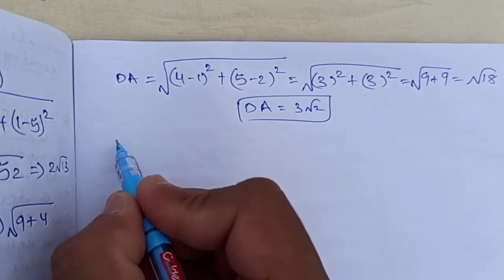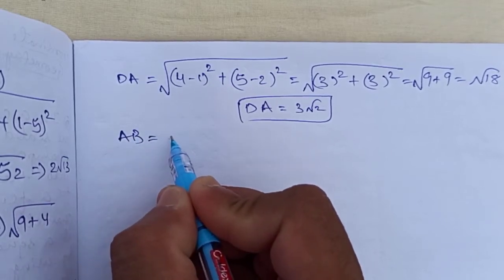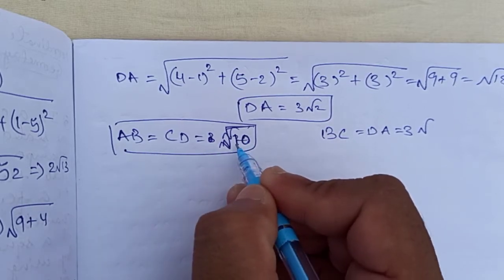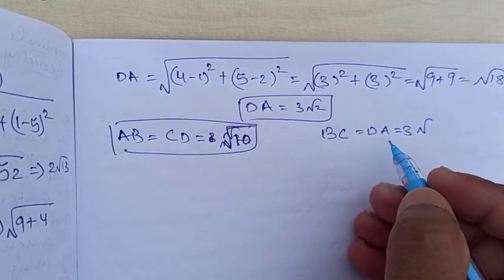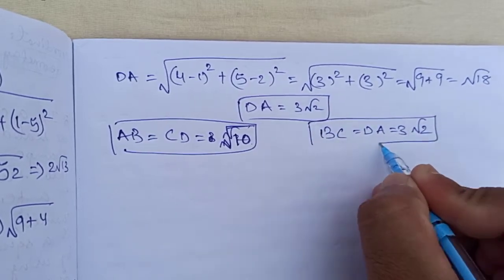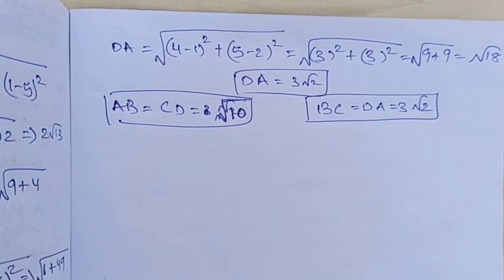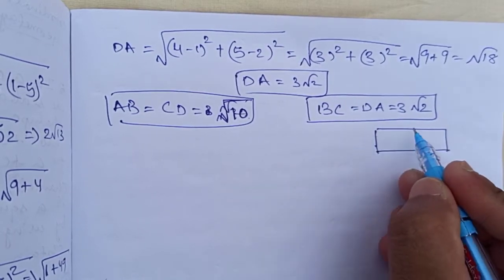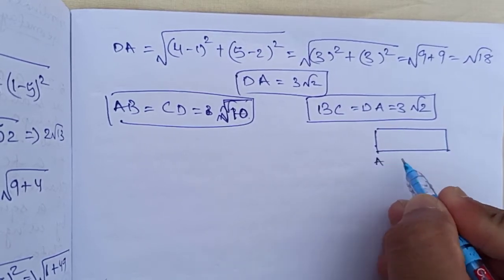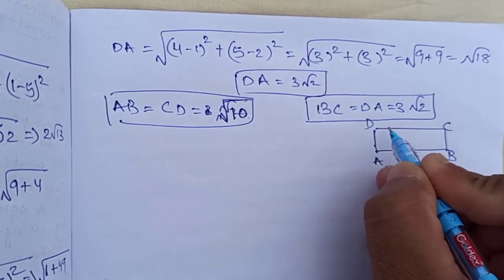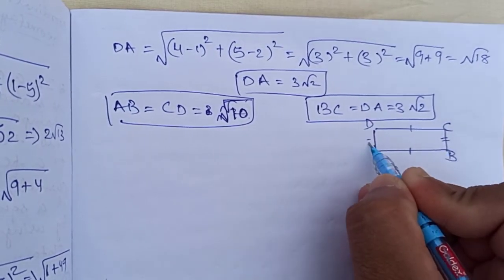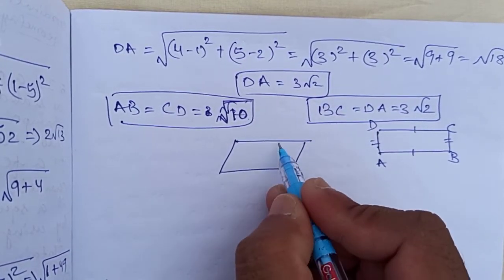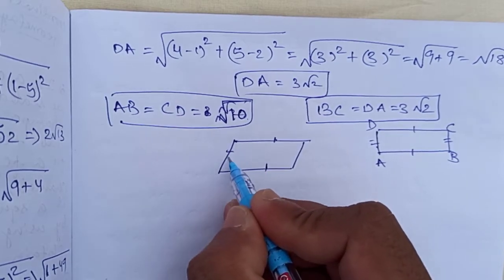Okay, so we got AB equals to CD equals to root 10 and BC equals to DA equals to 3 root 2. Okay, that means if I will draw a quadrilateral where opposite sides are equal, then it will become a rectangle. Okay, so rectangle is the quadrilateral whose opposite sides are equal. Either we can say it can be the sides of a parallelogram, because in a parallelogram also the opposite sides are